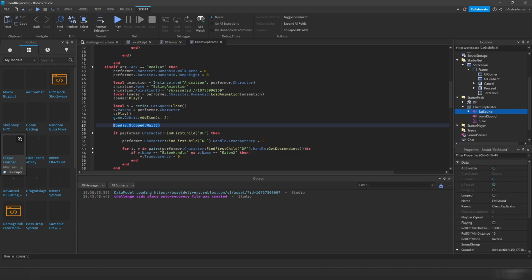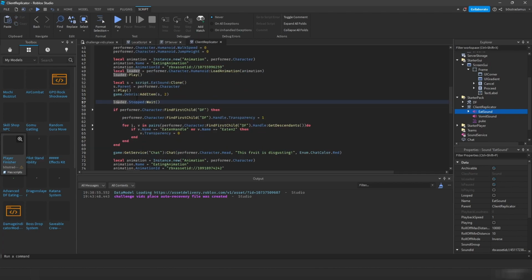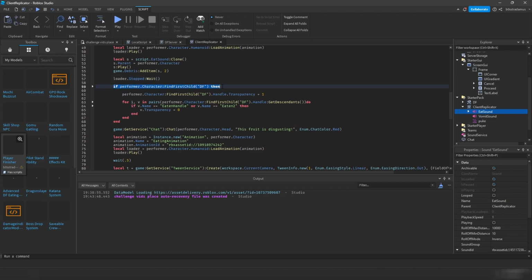Right here, we are pausing this whole script until this loaded animation track is done. So it's stopped. And if that is the case, then we are checking if this dull fruit tool is equipped, meaning it is located inside of the character. That's basically how you can know whether a tool is equipped from outside. Or at least there's one way to know it. There are of course events, so the equipped event you could use. But yeah,